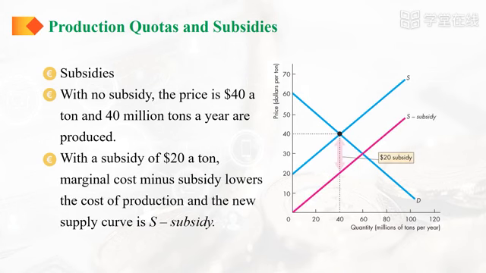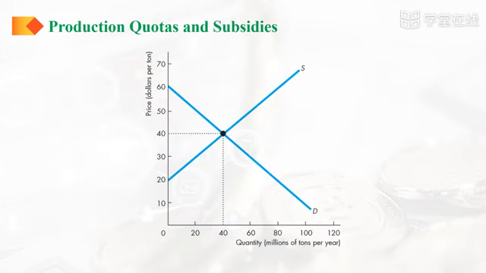A large and controversial farm bill passed by Congress in 2008 renewed and extended a wide range of subsidies. The effects of a subsidy are similar to the effect of a tax, but they go in the opposite direction. These effects are an increase in supply, a fall in price, an increase in quantity produced, an increase in marginal cost, payments by the government to farmers, and inefficient overproduction. Figure 6.12 illustrates the effects of a subsidy to peanut farmers.